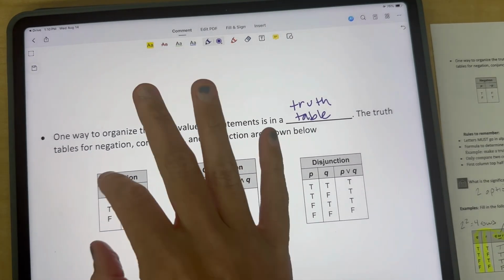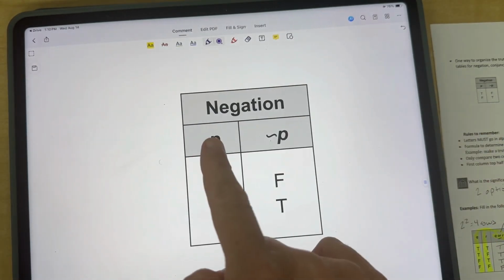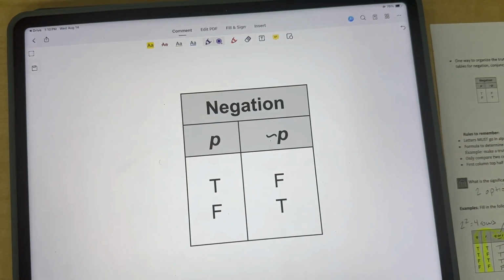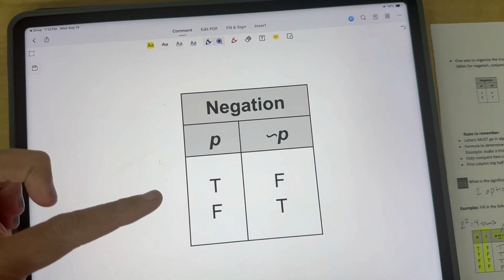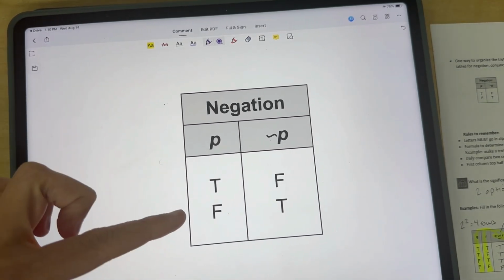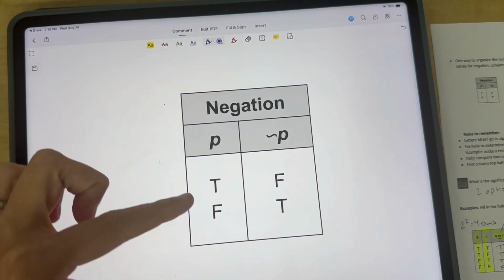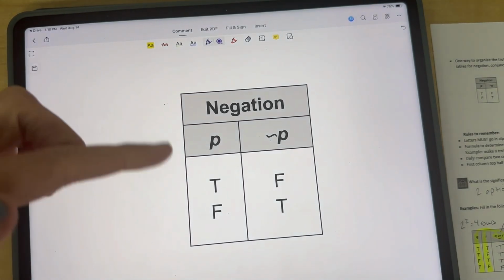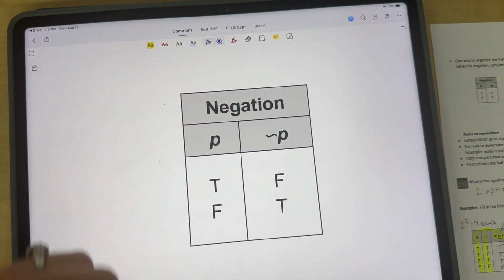So let's look at the first one, okay? I give you one statement. I give you P. I say, right now the sky is blue, okay? You look at me, you say, okay, that could either be true. Let's go look outside. Is it true or is it false, okay? There's your organization. There's two options. The sky is either blue right now or it's not blue right now.